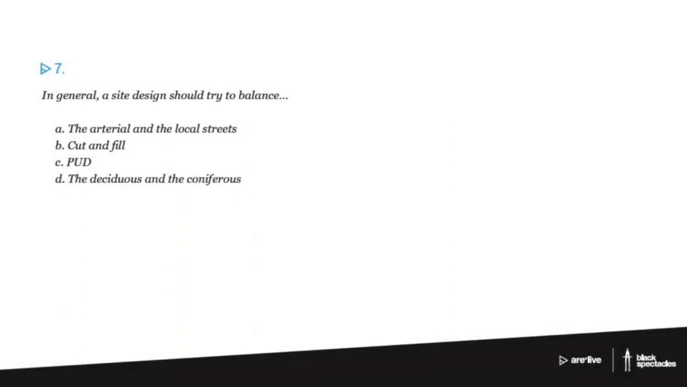Number 7, in general, a site design should try to balance the A, arterial and local streets, B, cut and fill, C, PUD, D, the deciduous and the coniferous. Well, there's all kinds of things that we would be interested in with deciduous and coniferous, but it's not really